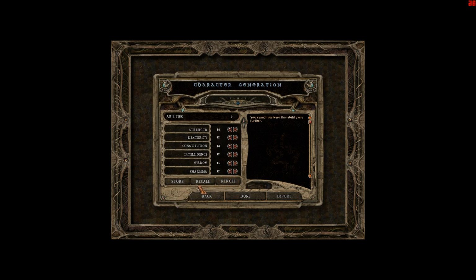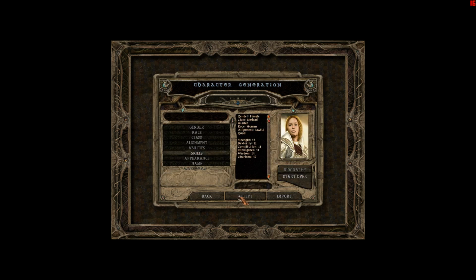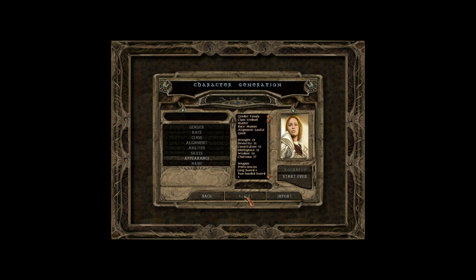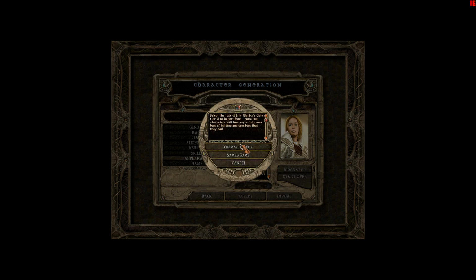Alright, you cannot decrease this ability. Really? Right, that'll do, because we're just going to import the other one. So they're the weapon skills, so we're going to be skilled in longsword, two-handed sword. There is a specific reason for that. We're going to be skilled in the longbow, because bows are awesome, and the sword and shield style. That being done, now goes in appearance, but now we're going to import